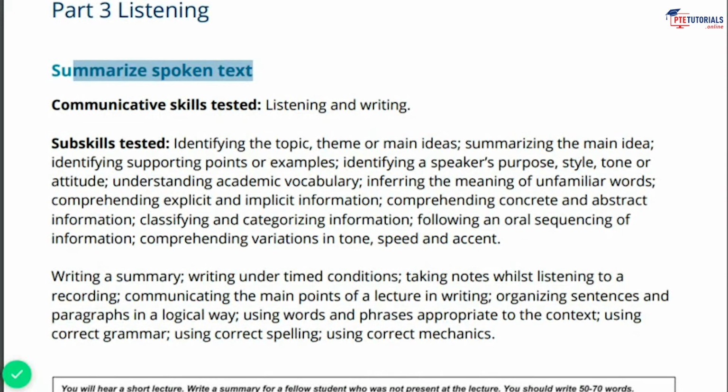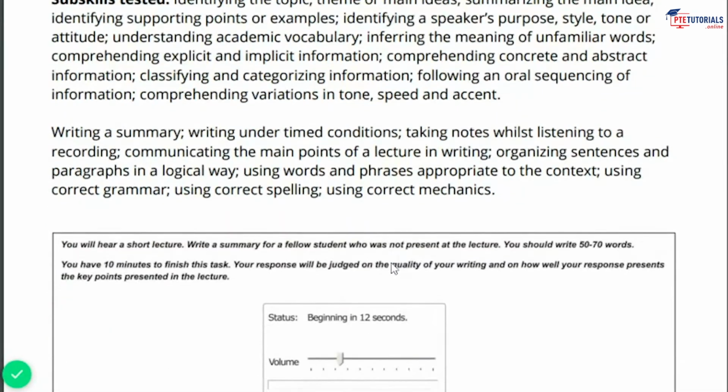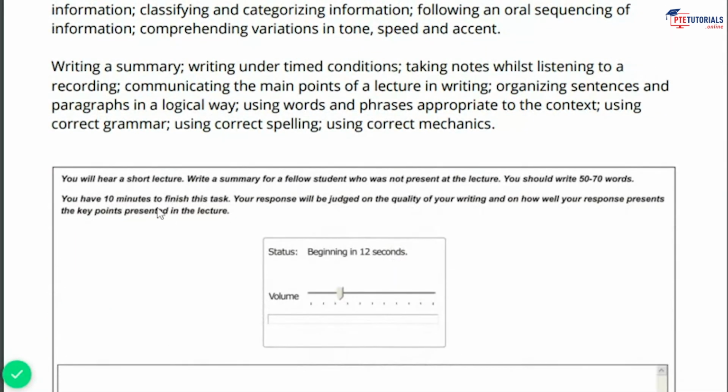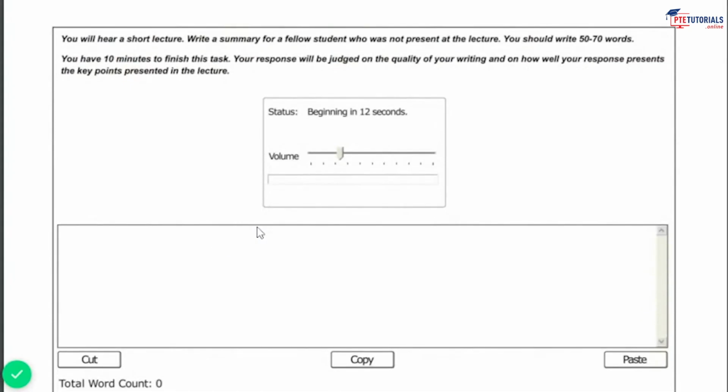Nowhere will the heading be mentioned that this is this question and this is this question. Okay, so please take care. You just need to read these kind of sentences written over there, so that you can get to know what you have to perform in this question. You will hear a short lecture, means again the same thing will be there. You're going to listen to a lecture, maybe a video will appear there, a small window you will be able to see in front of you. Again, use the notepad in this situation again, and